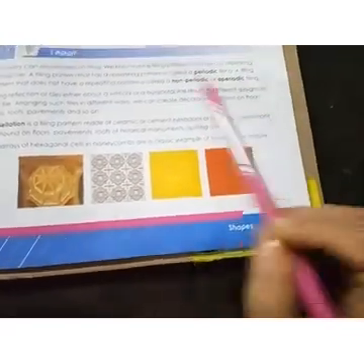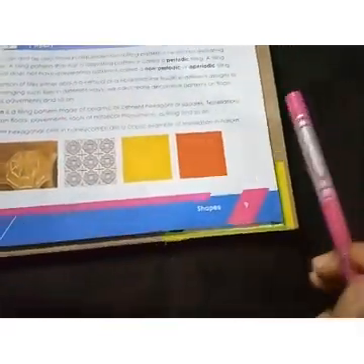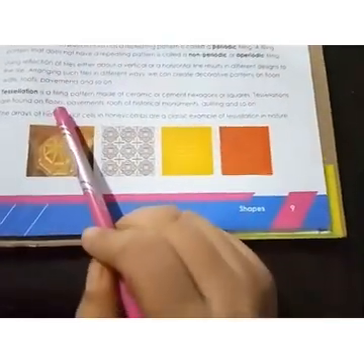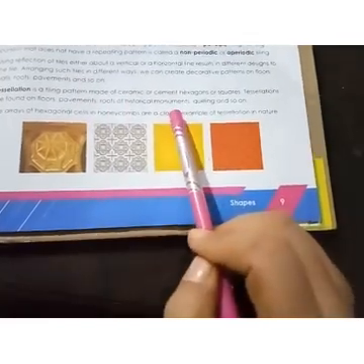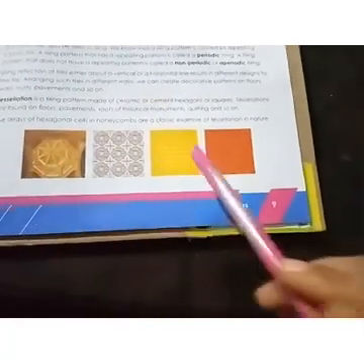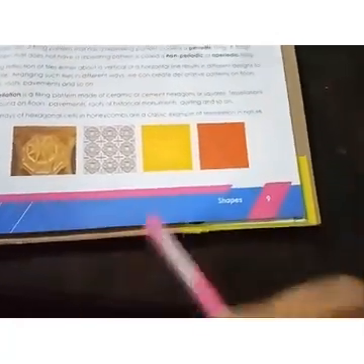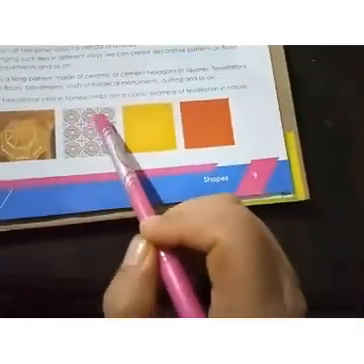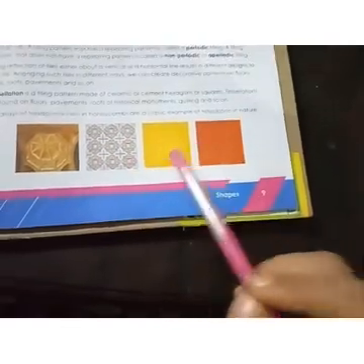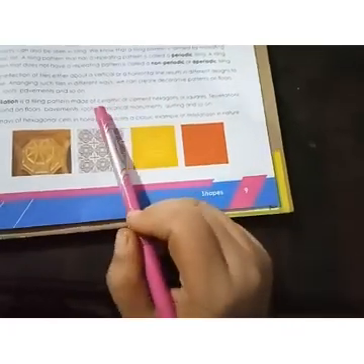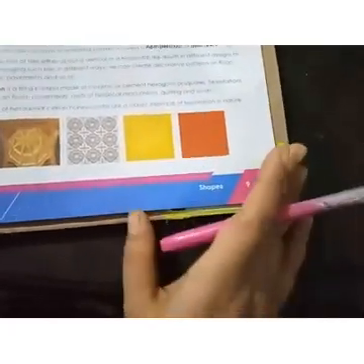Alright. The next topic we got is tessellation. So what do you mean by tessellation? Tessellation is a tiling pattern made of ceramics or cement, hexagons or squares. Tessellations are found on floors, pavements, roofs, historical monuments, quilting, and so on. So these are the different types of tessellations. We get to see tessellation where there is a repetition of the same shape. Okay, so here there is a repetition of the same shape. Similarly here. So these are known as tessellations, and they are formed either of hexagons or squares where they are repeated to form a sequence. Alright.